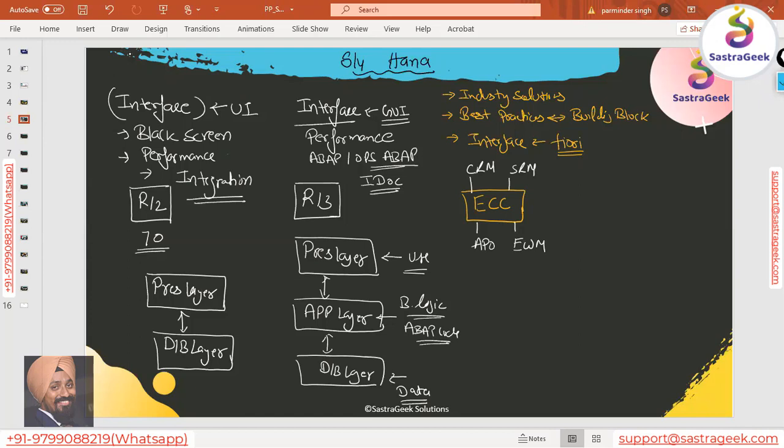TM came very late, but it came in the era of ECC itself, and got linked with the core interfaces, with the CIF interfaces. All these products get linked with ECC, and ECC became a core competency of the business, the basic business operations.